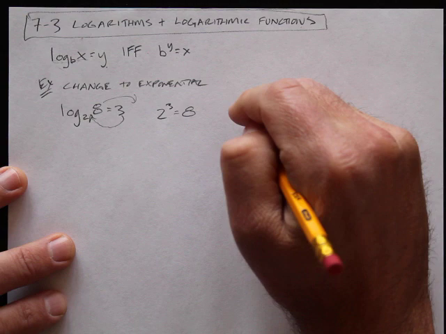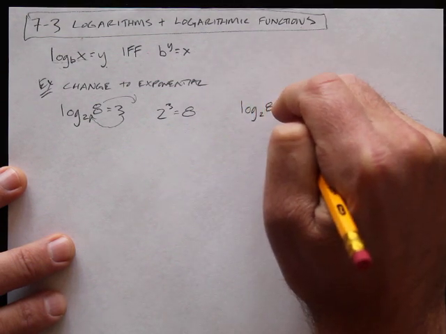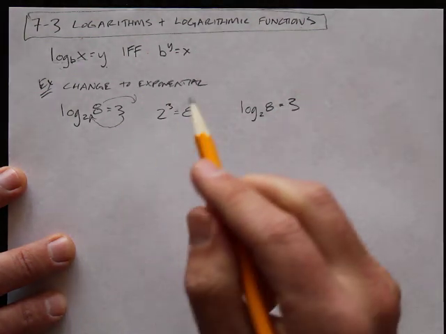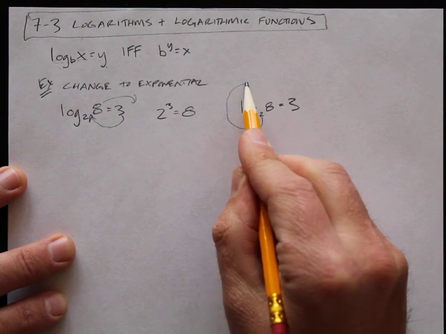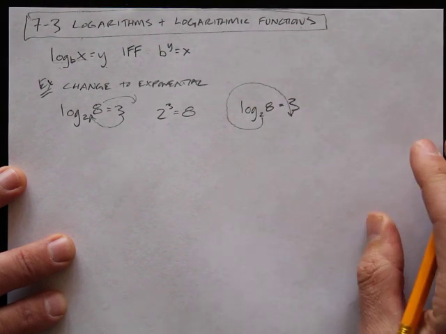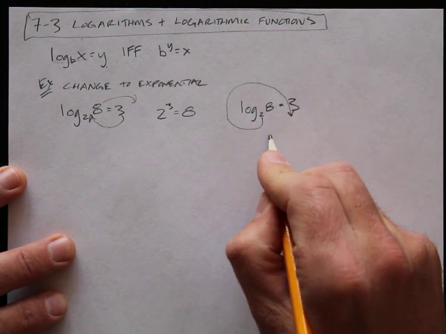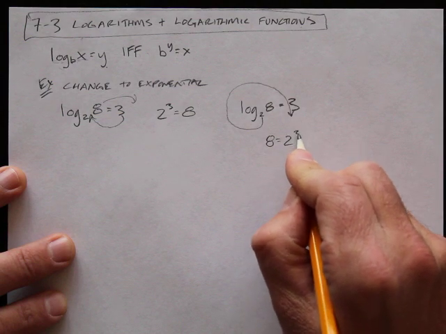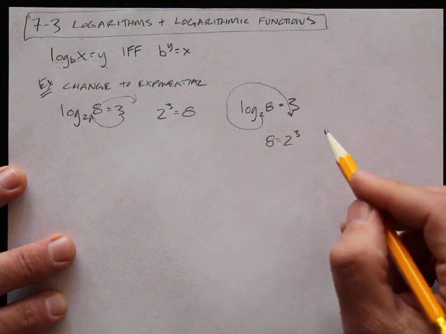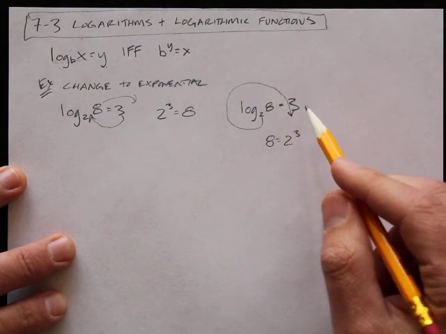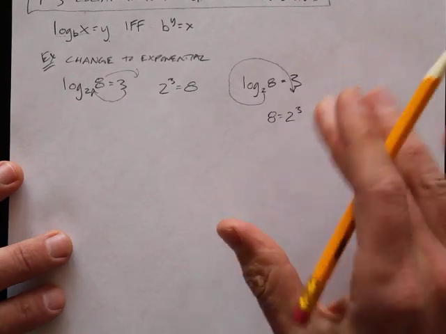Now, another way you can do it, if this makes more sense to you, go ahead and use this. It doesn't matter to me. Is to take this 2 and do like a snail shell thing, and it lands over here. So you end up with the 2 comes around and goes underneath the 3, so you have 8 equals 2 to the third. So that's another way to do it. If that makes more sense to you, that's fine. Go ahead and think of it this way. This way makes more sense to me. It's easier for me to understand. Do it however you want. Okay,